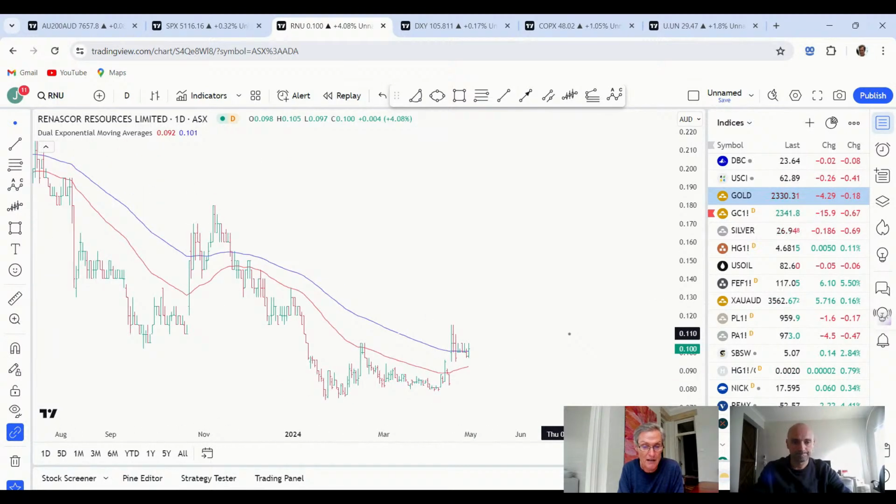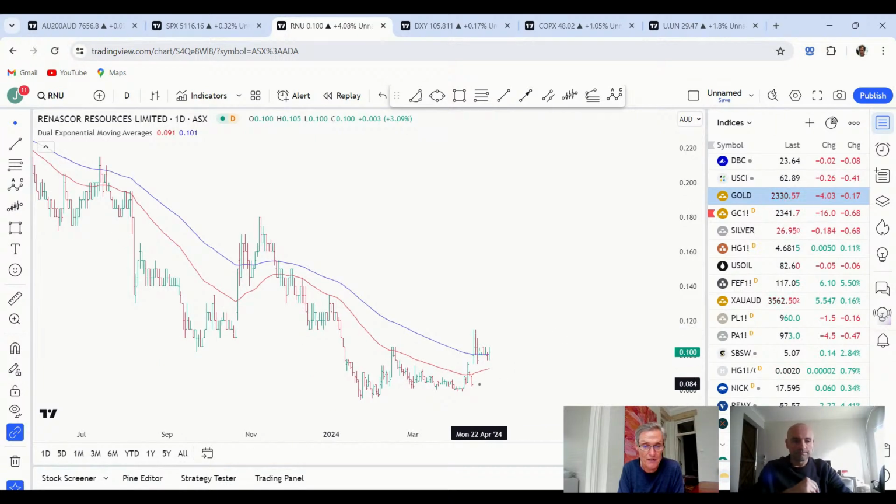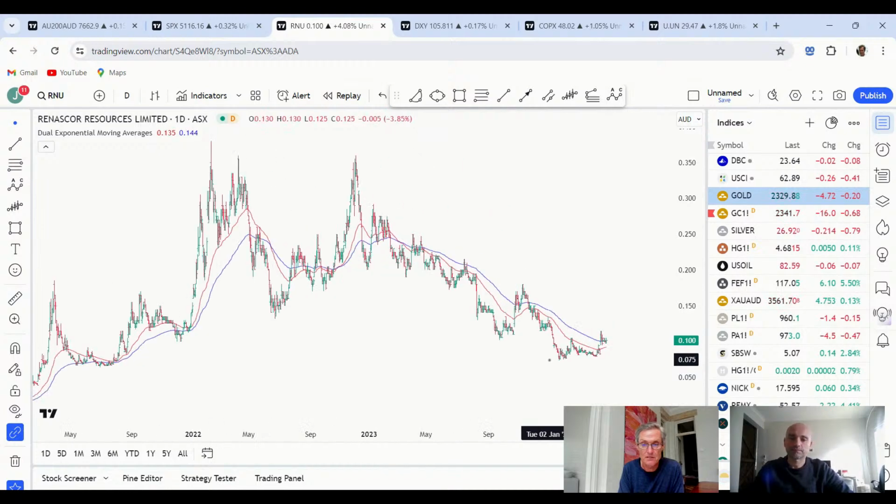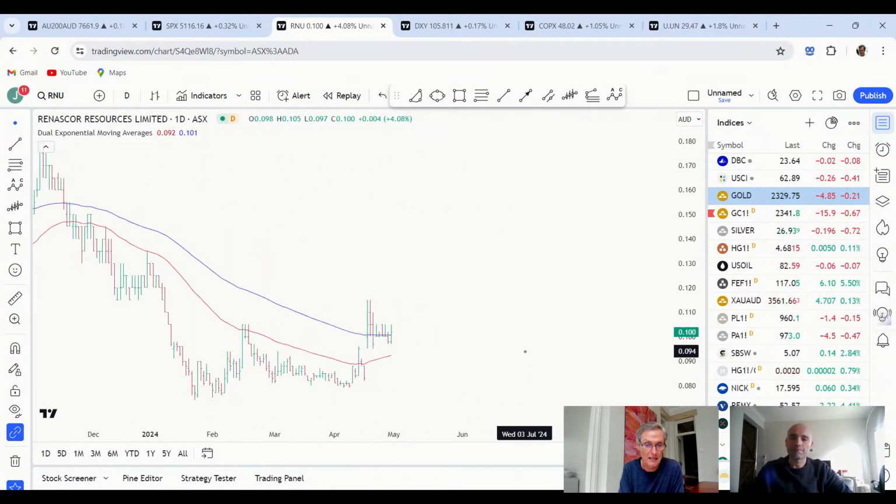Looking at this one now, look, it's a stock of interest. Moving averages haven't turned yet, so it's too early for me. But I can see where there's possibility here. Just looking at this, we've gone from below the moving average to above, and now it's pulled back and it's just consolidating on the 50-day moving average. There's certainly a case that this could